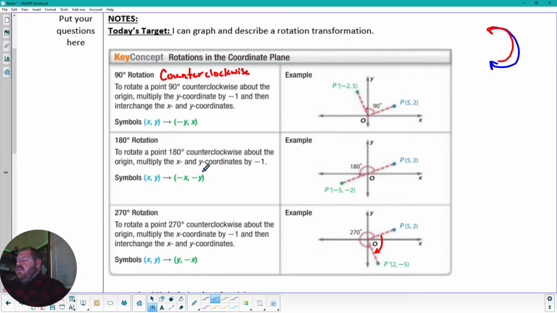Now, the other thing that I will say is that all of our rotations, it's not required in the grand scheme of transformations, but all of our rotations are going to be centered at the origin. We're going to rotate everything around the origin because it's a little bit easier. And it's the basis for any rotations. If you had a rotation that was around some other point,